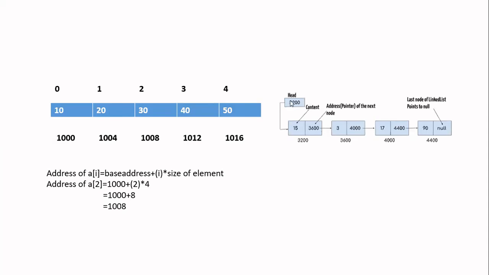Starting from the head, one by one, you have to travel all the nodes. Finally, you will reach your node. There is no direct way to access the node. Accessing is difficult here. You can't access directly by means of one access. You have to do as many accesses as the number of nodes present in the list before this node. This is one of the disadvantages we have in a linked list.